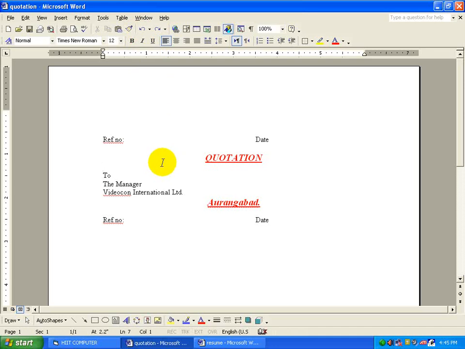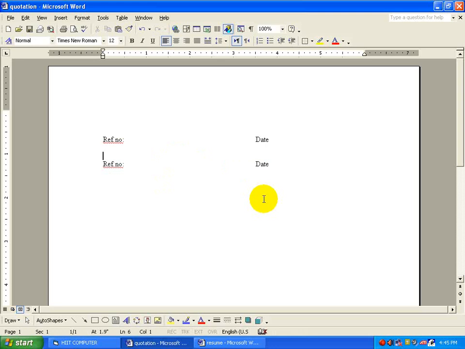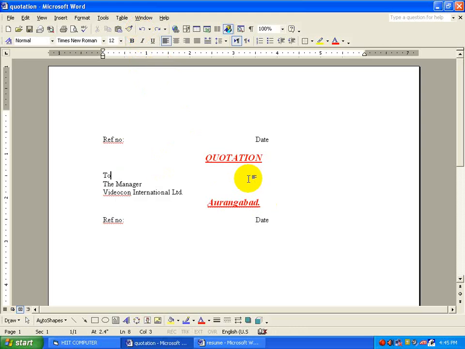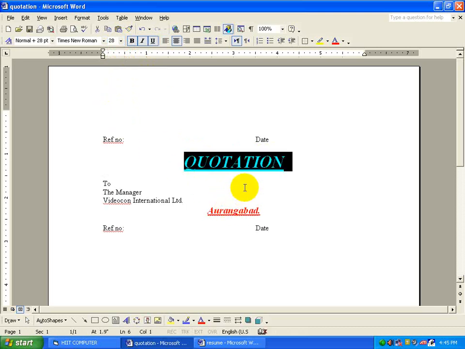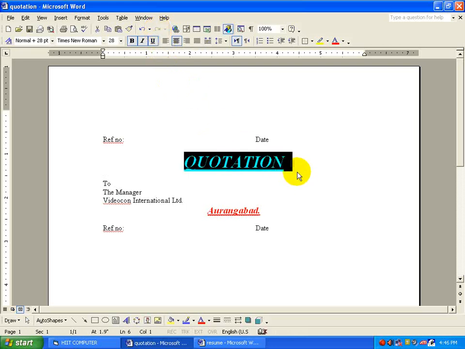Undo can be used in different ways. Suppose you delete the text, now once again you require it, so just press the undo button. Now if you increase the size of a text with the help of the font size button, now you think you want the previous size, so click on undo. To repeat the last action again, just click on the redo button. See, to call the last action, undo, and to repeat it, redo.